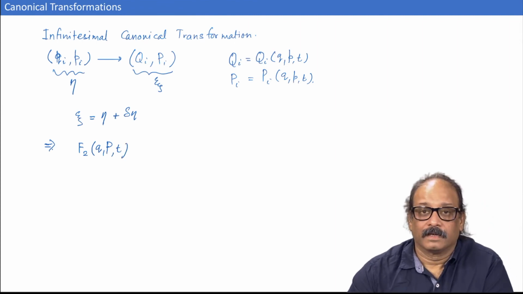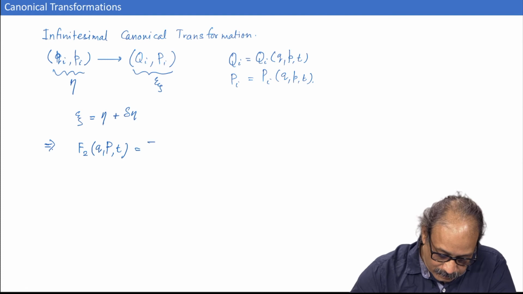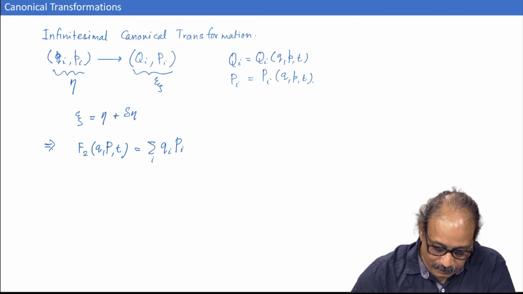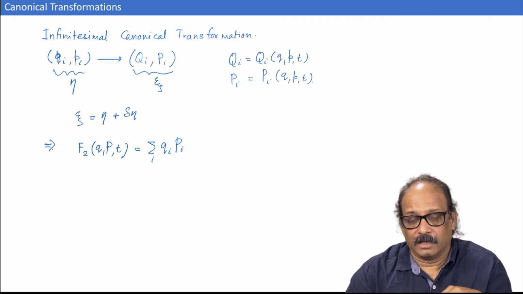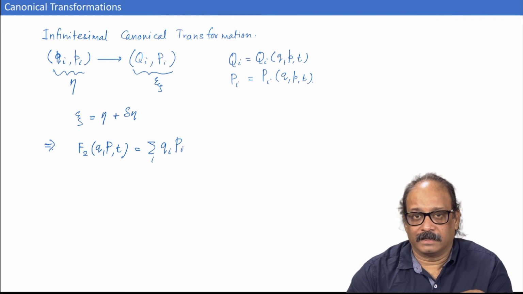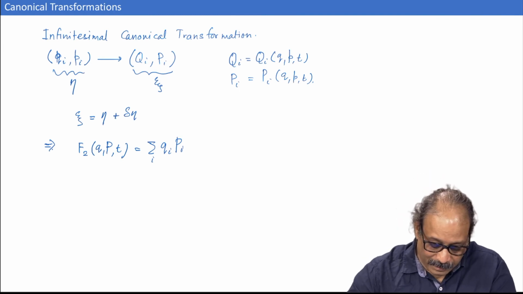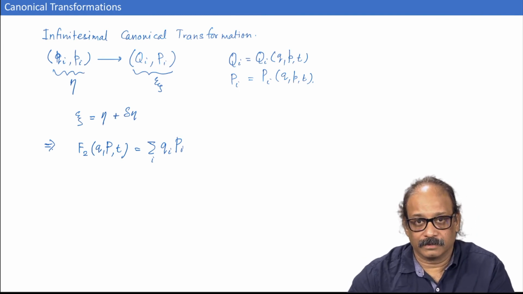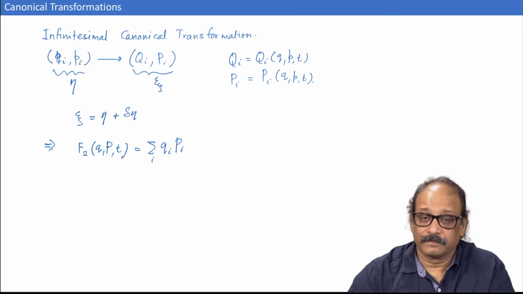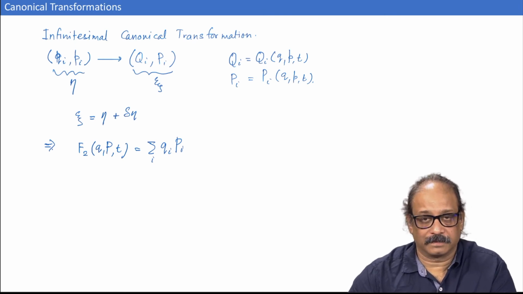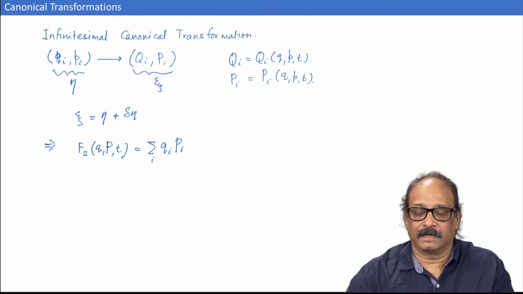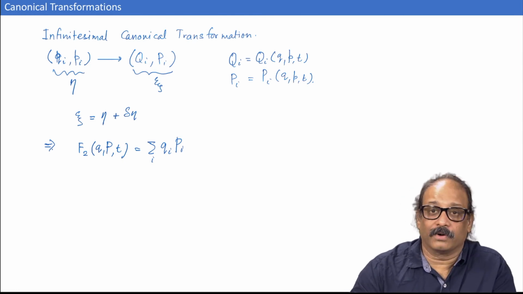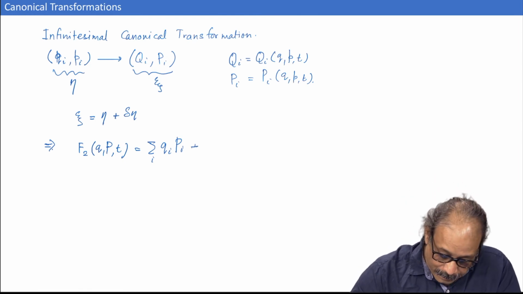Time t, and this one here sum over i q i capital P i. So, if I just keep it to this, I get an identity transformation, because capital Q will be equal to the partial derivative of f2 with respect to capital P, and that will give you small q i. So, this will give you identity transformation,